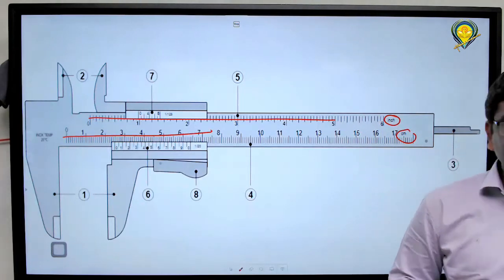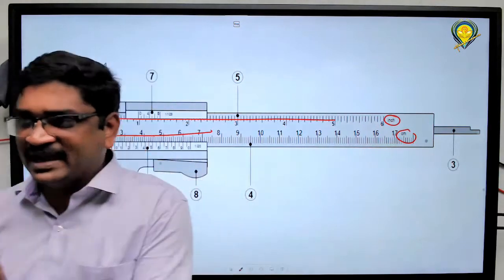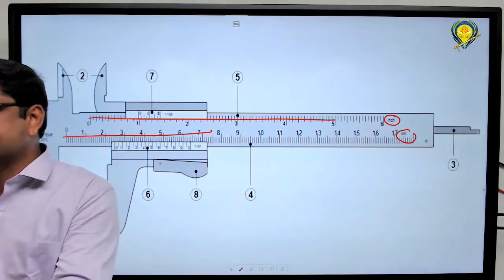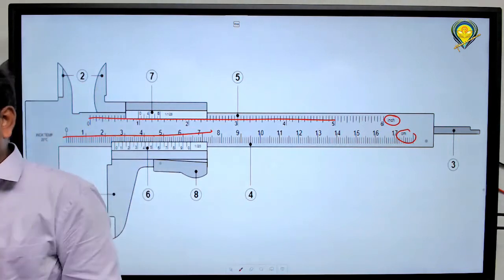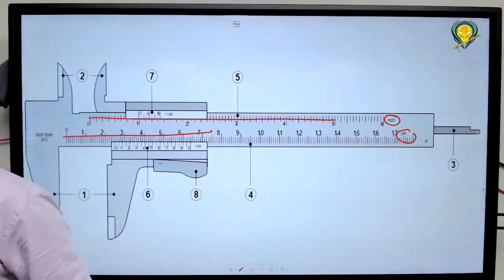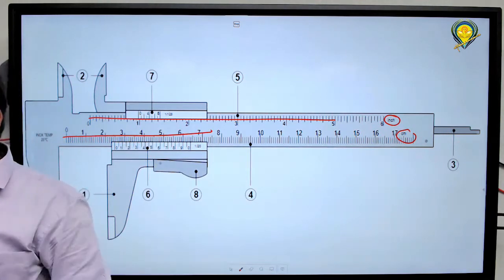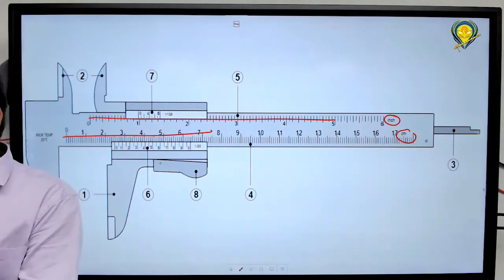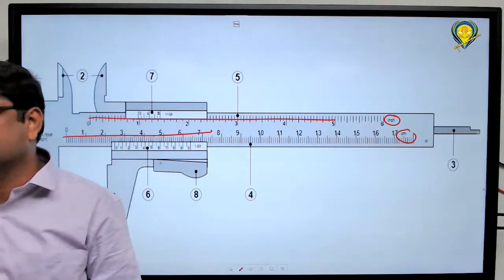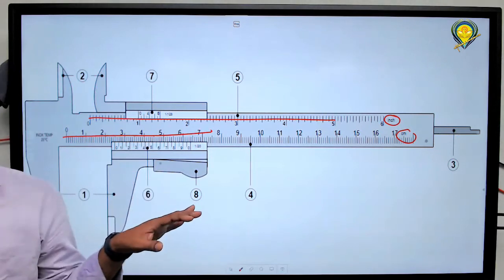Now for a normal scale, what is the least count? It is 1 mm. The least value that can be measured with a normal scale is 1 mm only. We cannot measure beyond that or below that reading. Now coming to vernier calipers, least count means the least possible value measured by that particular instrument. Now we need to calculate the least count of vernier calipers.